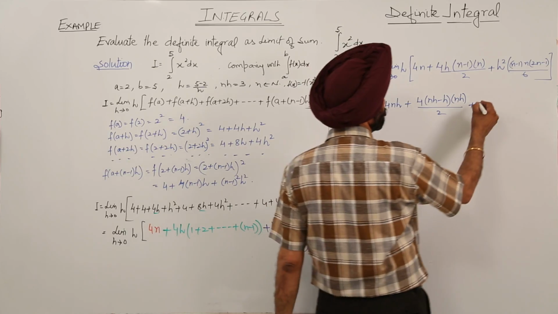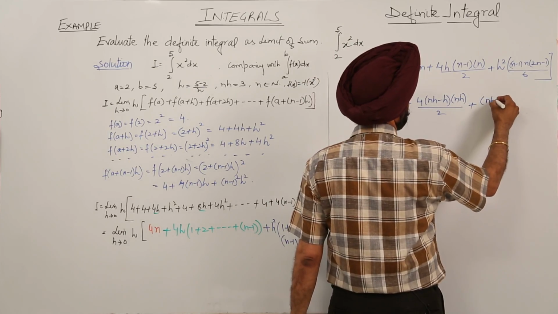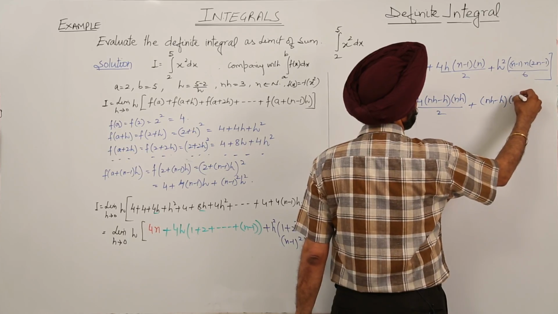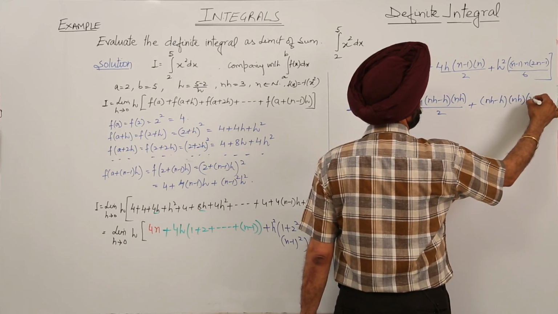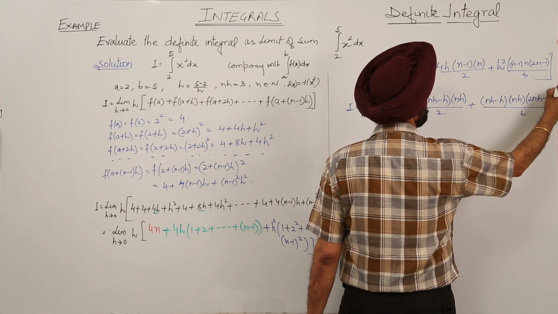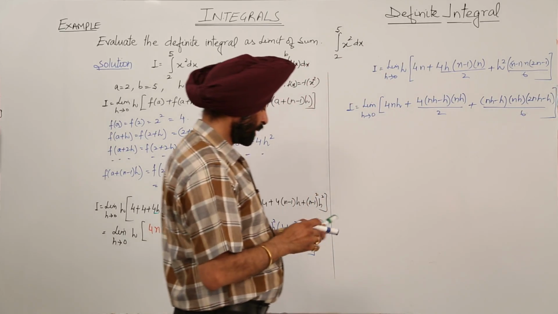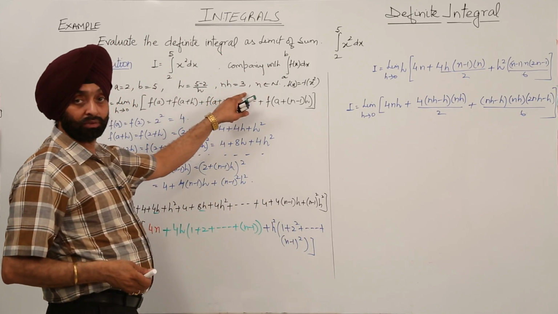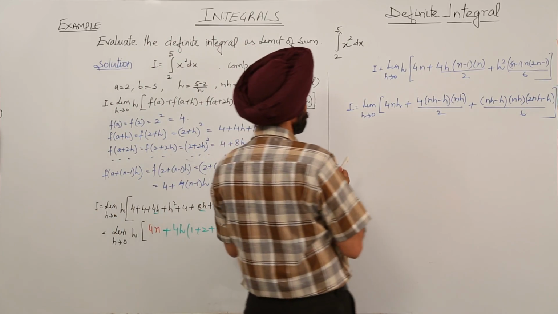So it becomes now (nh minus h), one thing, nh and (2nh minus h) on 6. nh is 3. Okay. So now we are having